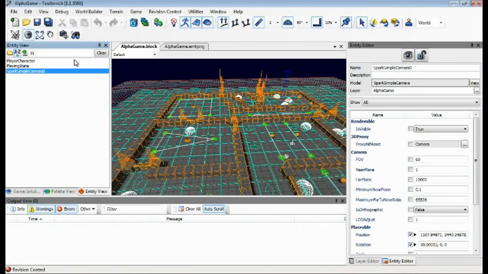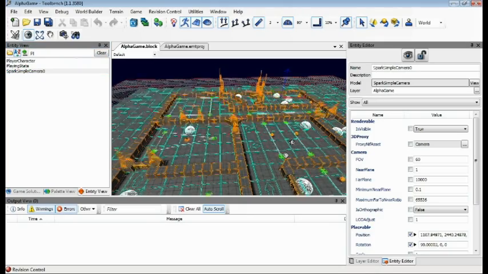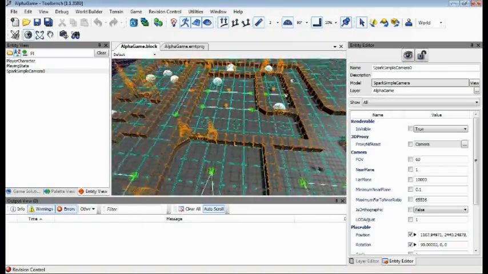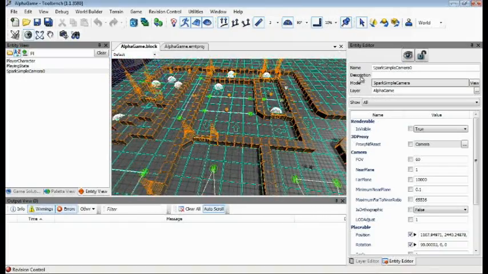So in this video we're going to talk about what's required to build your own level to be loaded by AlphaGame. AlphaGame has some very basic requirements, so any application that is AlphaGame derived is going to require these things. The first is a camera of type